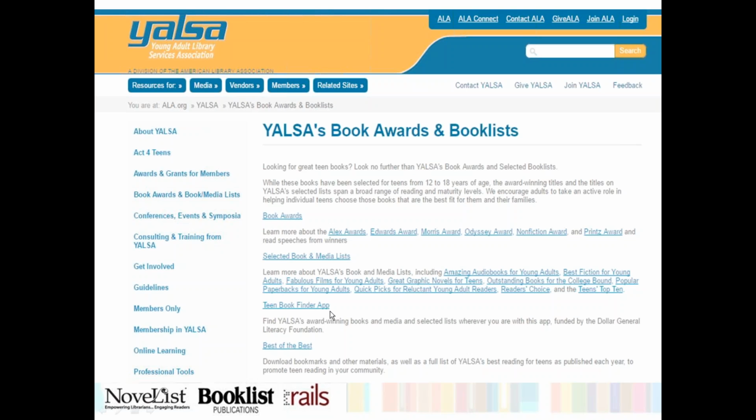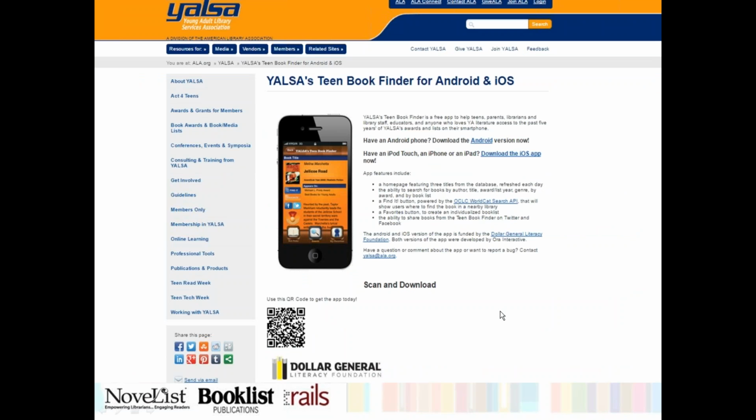I also wanted to show you one of the things they have on that site, their Bookfinder app. You can quickly put it on your phone and take it out into the stacks. When you're talking to a teenager, you can just bring something up. How cool would that be? They're asking you for a book and you're not familiar with it, so you type it in and show them, oh, this book here, and you can start talking about it from there. It's a neat little thing that they've done recently, their Teen Book Finder.